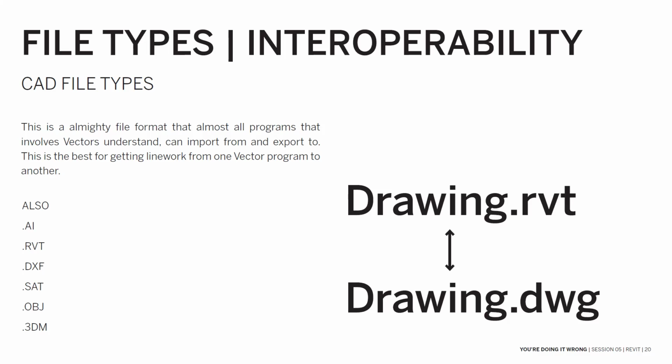Multiple offices typically have multiple projects that were started in 16 and must continue to be worked in 16 because it's the same model that multiple people and multiple collaborators are working on. So you can break collaboration by opening a file in the wrong program. So it's always important to make sure that you're opening your Revit files in the program that it was created with, unless you intend to upgrade that file. So very important to think about and work with file types.